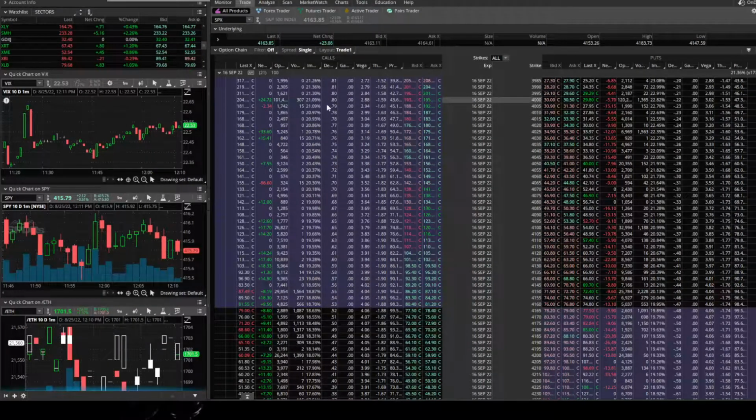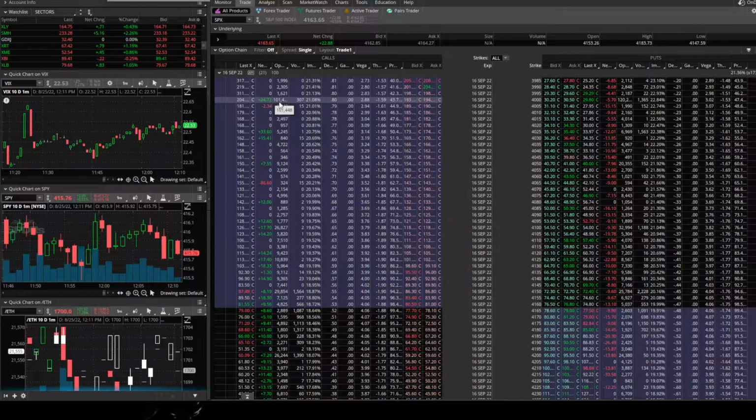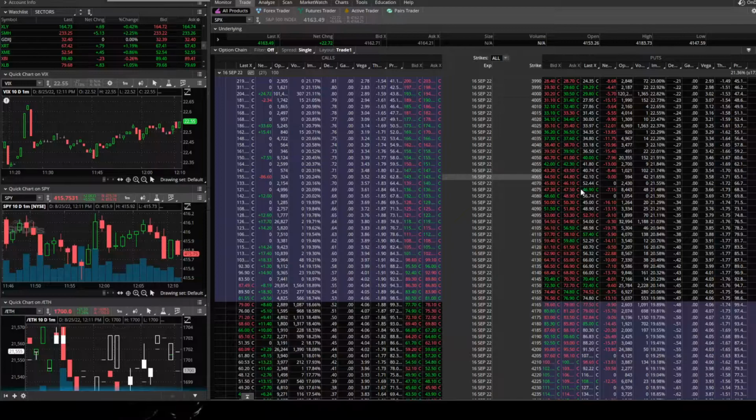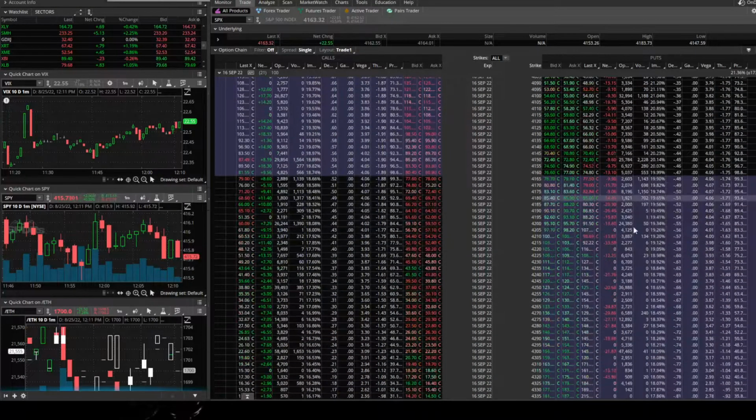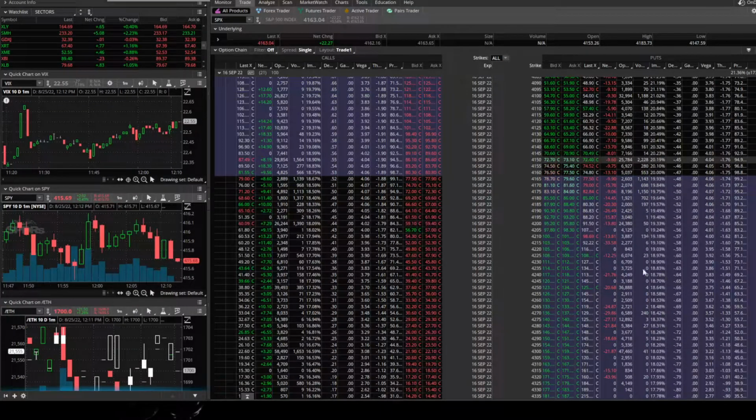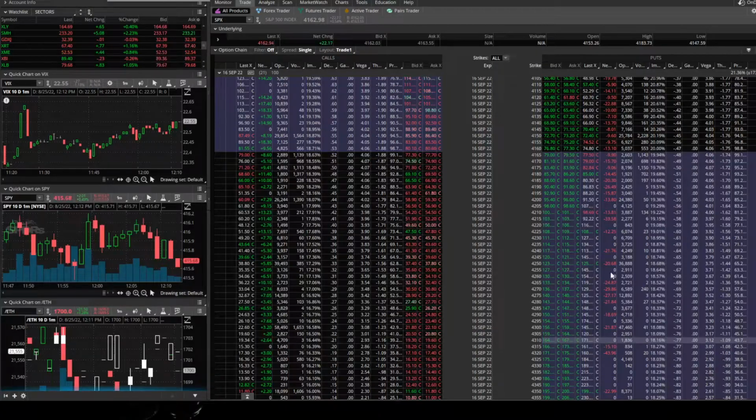On the call side, we also have about 100,000. So again, using the denomination of SPY ETF, that would be about a million contracts that are currently in the money in calls right now. Okay, huge. If you look at this, there's also lots of in-the-money puts as well, 36, 47, 25,000, all the way up, that are out of the money on the call side, in the money on the put side. So lots of in-the-money puts as well.